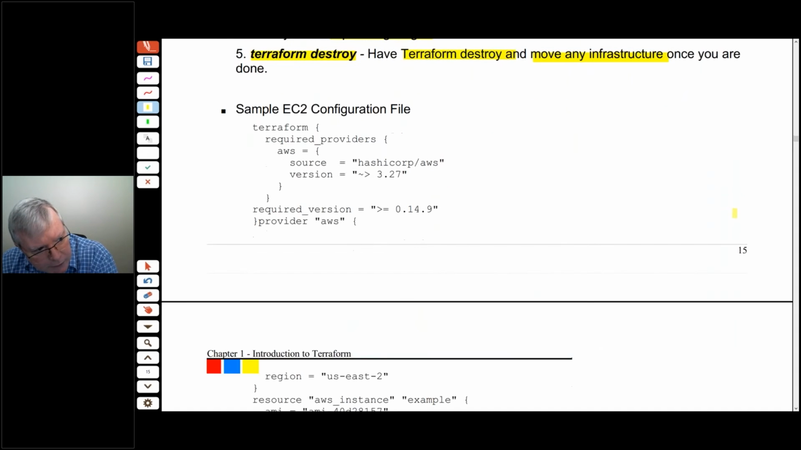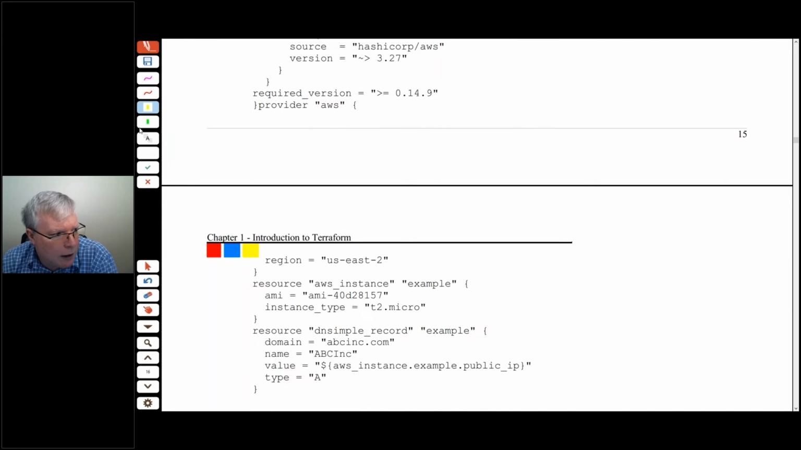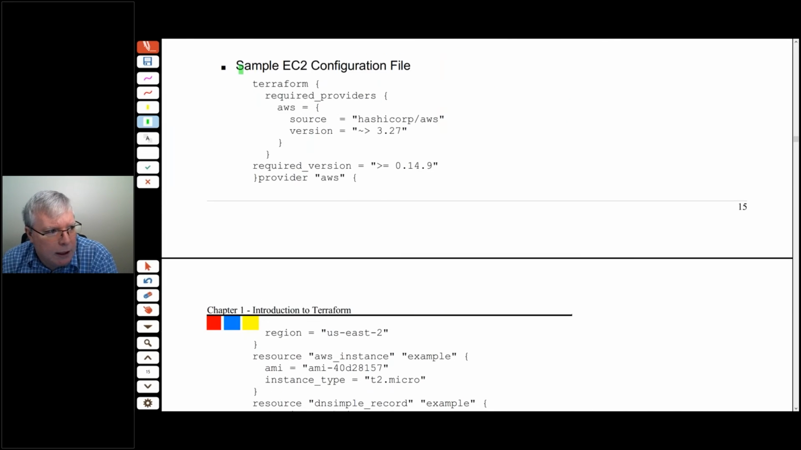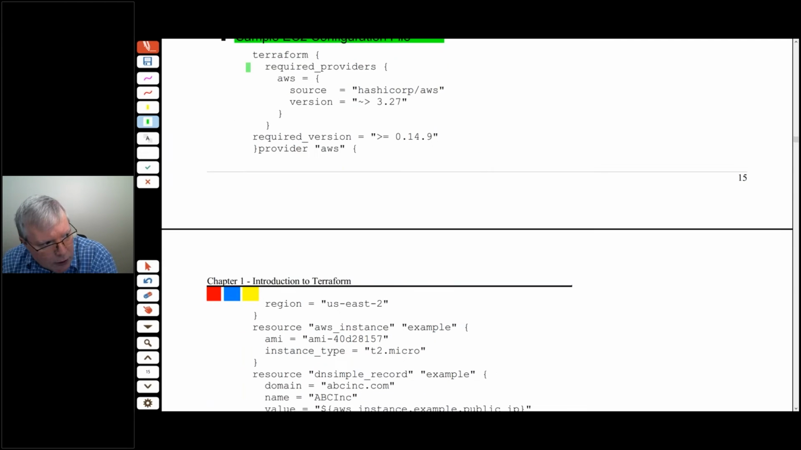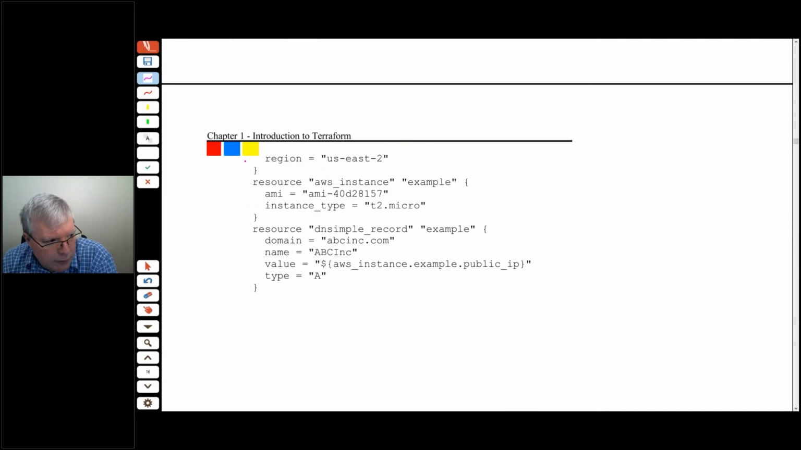So we've seen a couple of examples. This is an example of an EC2 configuration, just to show you that up front. Here is the configuration. This is all the provider information and the Terraform versions that we're using. These would be specific, right? So depending on what I'm running. And then down here, there's my provision of the region that I'm going to use, US East 2 or US West 2. The AMI would correspond to